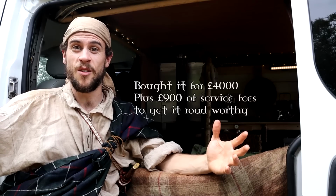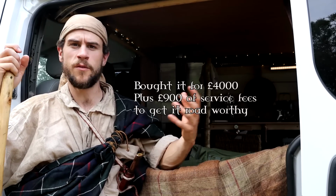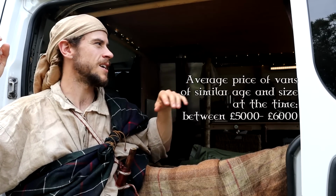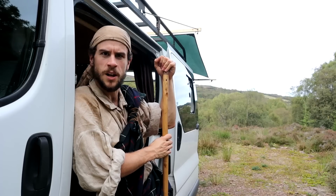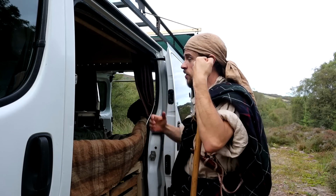So why did I pick this model? For no other reason other than my friend was selling it and it was there. Even if I had looked at different models of vans, I probably would have still gone for something of a similar size. This is a nice sort of size that it's pretty easy to drive. It's not that different to driving a car, but you still got plenty of space to sleep in, plenty of space to live in, but you know, it's still keeping costs down. But enough chit chat. Now I'll give you an overview of how I planned, designed and converted this van to